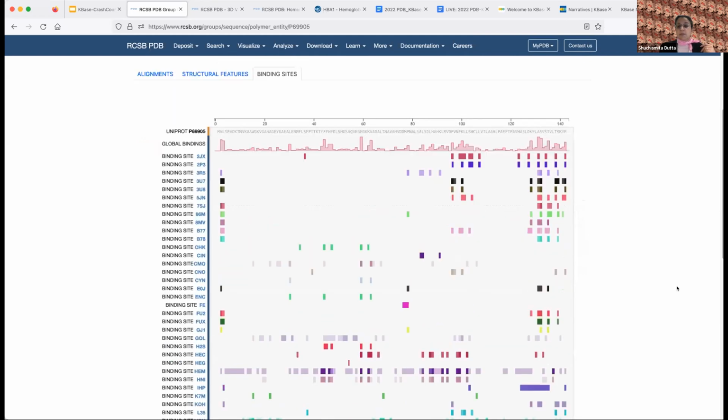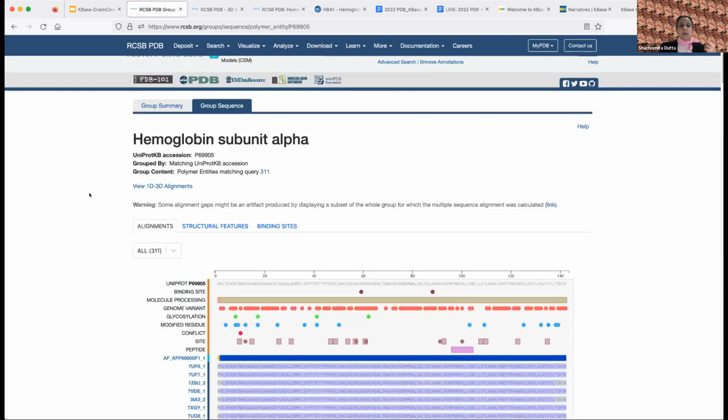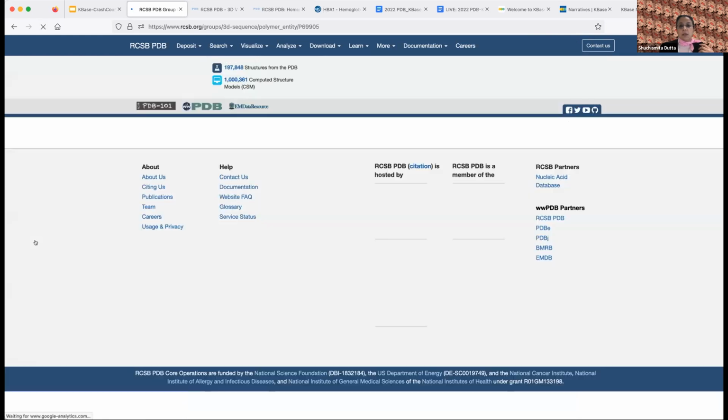Binding site. This tells you some interesting things about where all these different ligands interact. Some of these ligands interact with this region, some with this region. Of course, we are showing a linear presentation, but actually this is a 3D structure. To truly appreciate this, we can open that 1D, 3D alignment. So if I click on this,